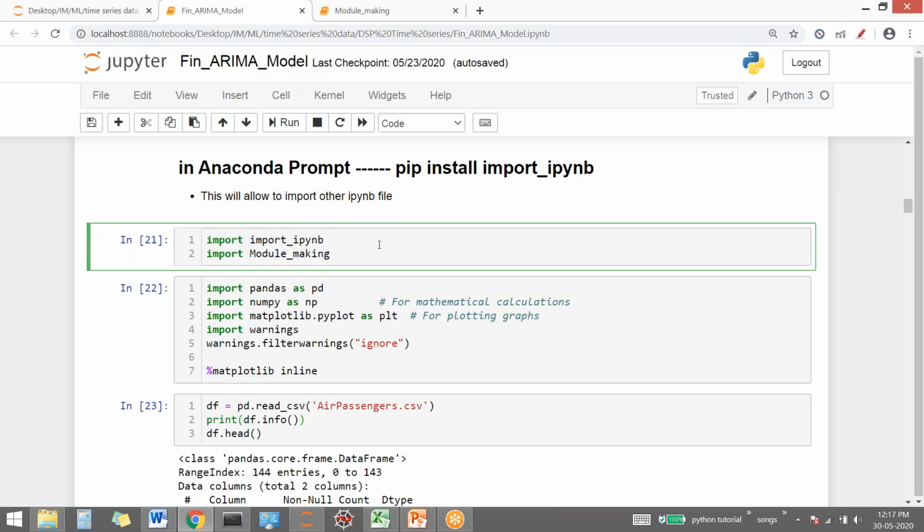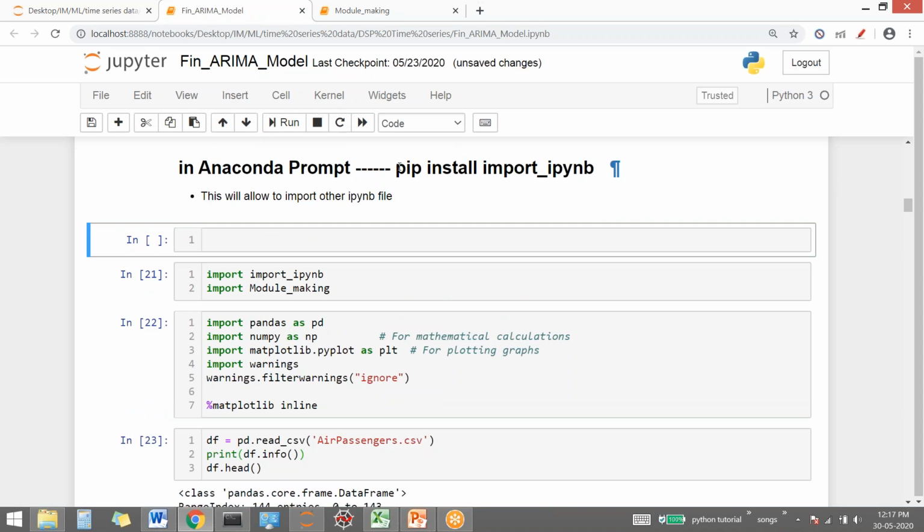Did your code run? See, if someone is not able to do it, another option is to just type this command here.